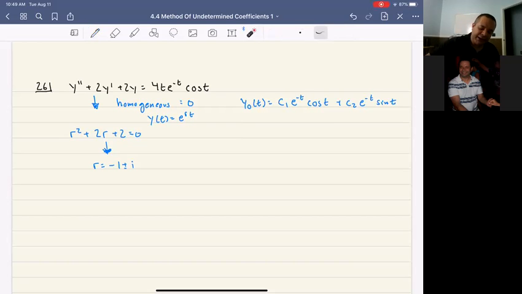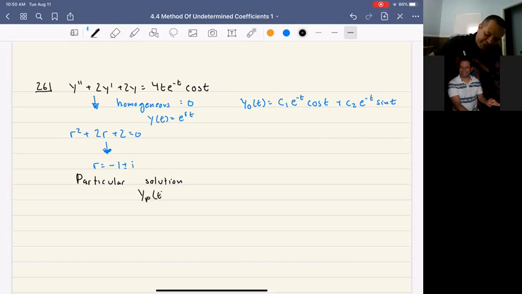Okay, so now this e to the negative t cosine t is part of this, isn't it? Oh man. That means we're going to have one of those nasty particular solution types. Okay, but we got this. So our particular solution is going to be